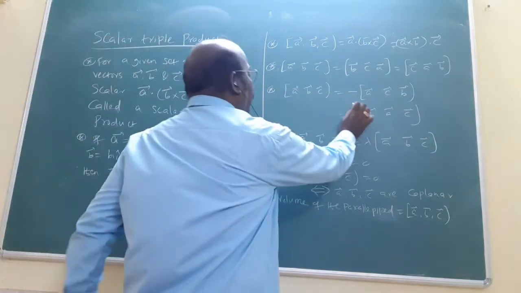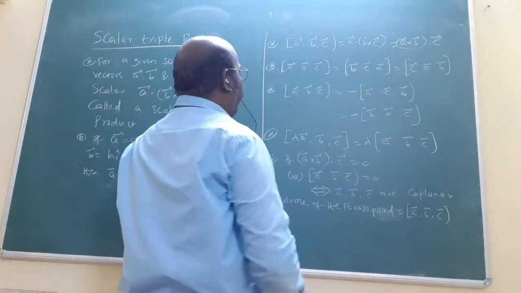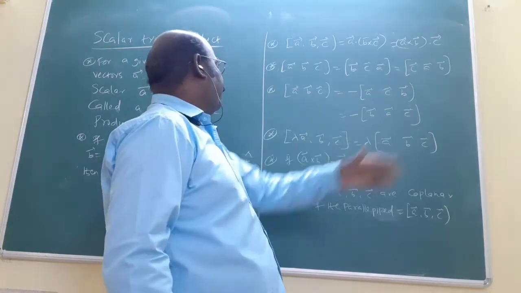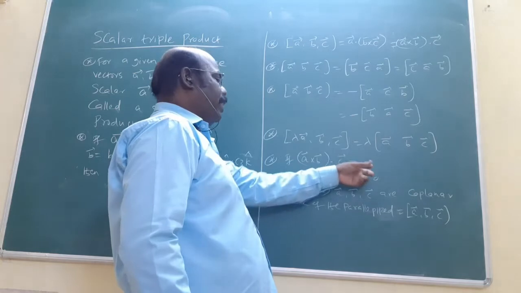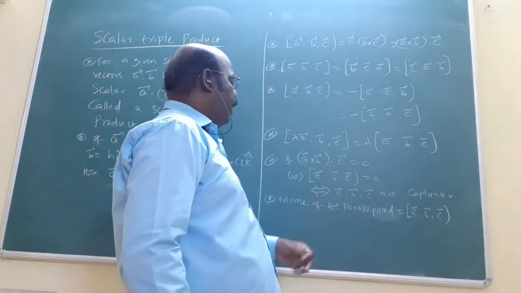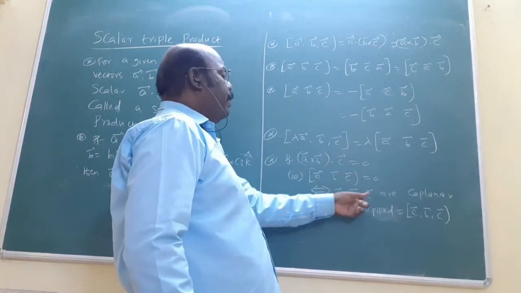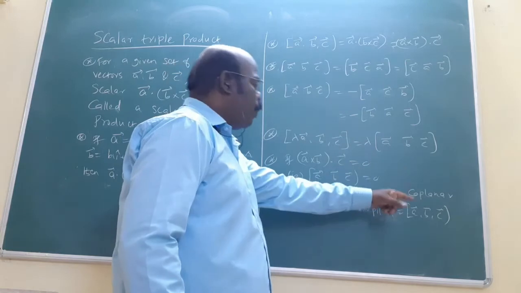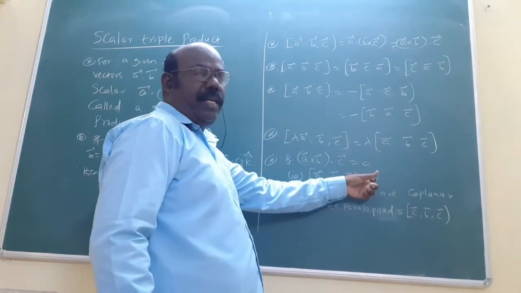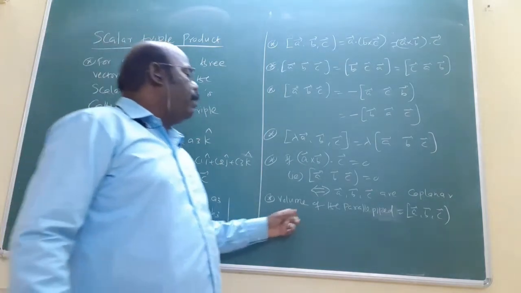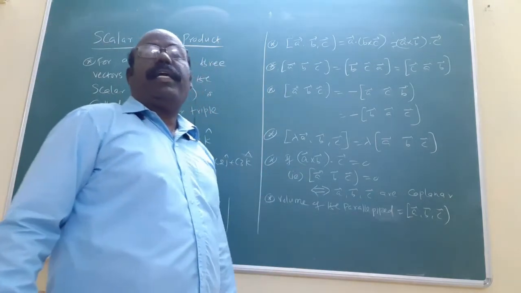Inside the box product, if some constant is involved, like lambda A vector, B, C, lambda should be taken outside. Now, if A cross B dot C equals 0, or otherwise box product A, B, C is 0, it means if and only if A, B, C are coplanar. This is an important idea for 2-mark or 3-mark questions. A, B, C coplanar means box product is 0, and if the box product is 0, then A, B, C are coplanar. Then the volume of the parallelepiped equals A, B, C.